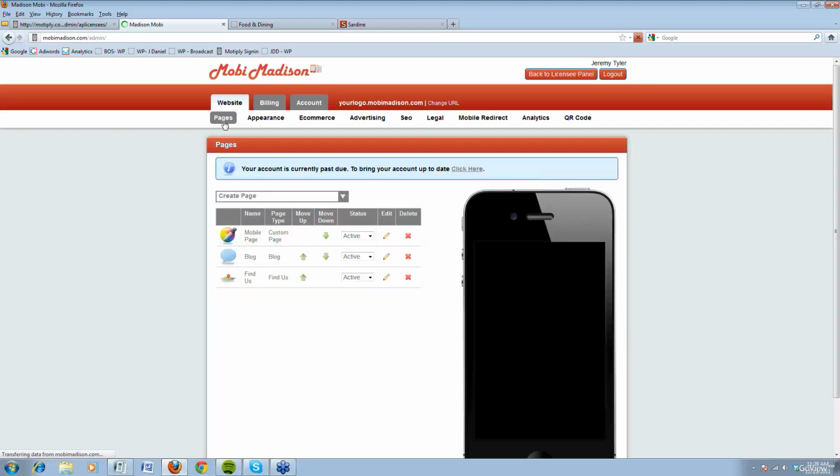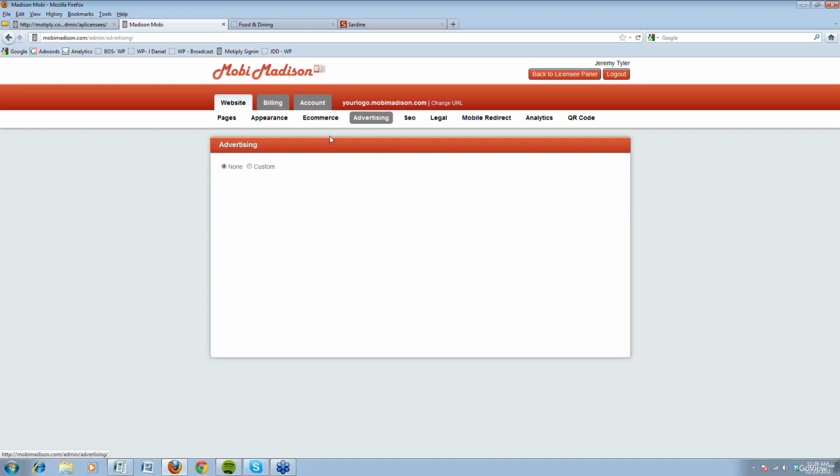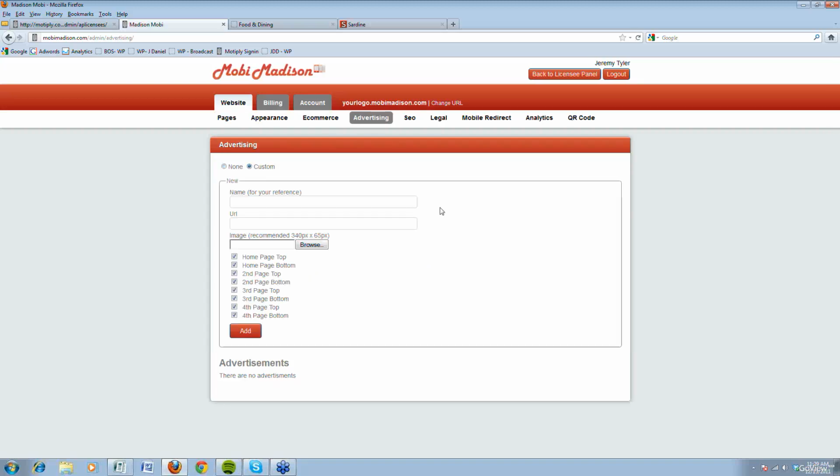All right, so the redirect code. So let's see, the advertisements we added, I just kind of want to go over this. What this is, it allows you to put an actual advertisement on the mobile website itself. And a great idea for your customers is to tell them that they can really have a free app